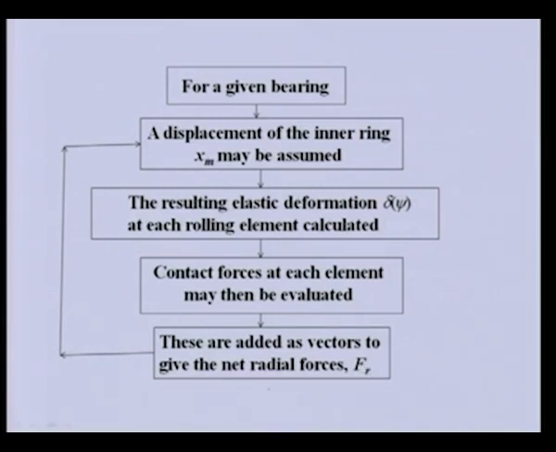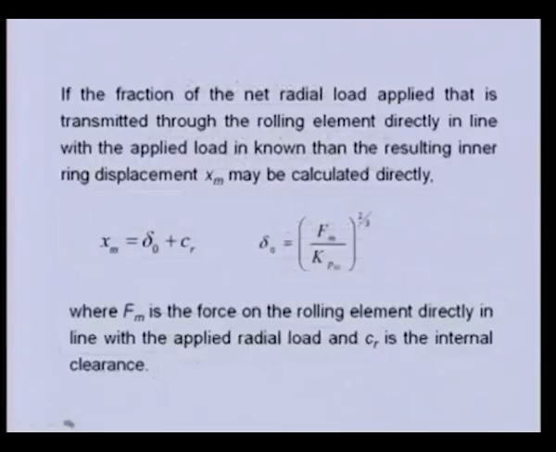If not, then again we need to give another displacement. Basically here iteratively we are trying to find out what should be the displacement for that particular given radial load. If this displacement is not right, this will not satisfy, then we need to repeat this iteration till we get the close value of the xm for which the bearing is having that much displacement. In rolling element bearing, for a given force, obtaining the displacement of the inner ring with respect to outer ring is an iterative procedure,